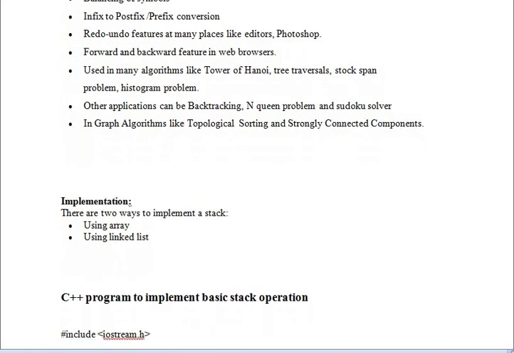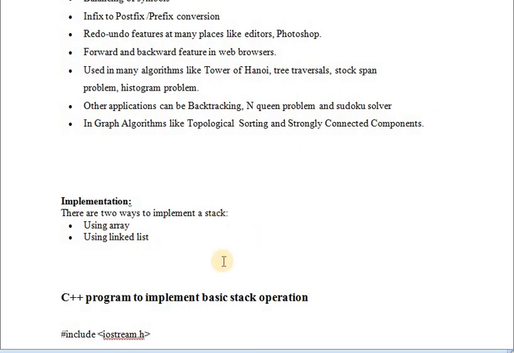Now we will see the implementation. There are two ways to implement the stack. One is using an array and the other is using a linked list. What is an array? An array is a group of elements of the same data type, that is homogeneous. Homo means same, homogeneous data type. It is a group of elements of the same data type, that you call an array. You may be aware of this already in the C programming language.